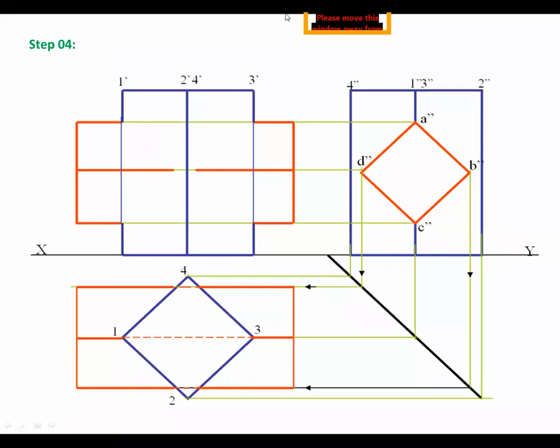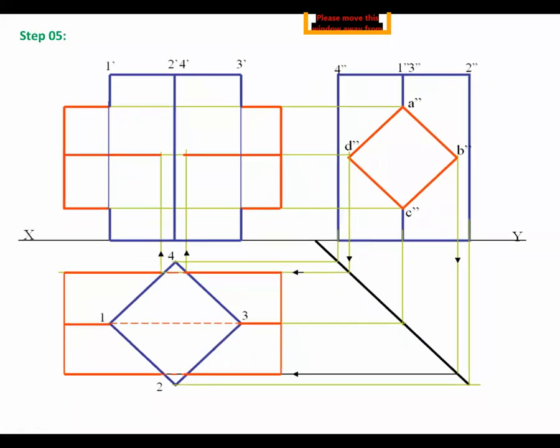Now in the next step, complete the 3 views of the vertical as well as the horizontal square prism. Here we have drawn the rectangle of the horizontal prism in the top view as well as in the front view. Is it so? Now, this is the